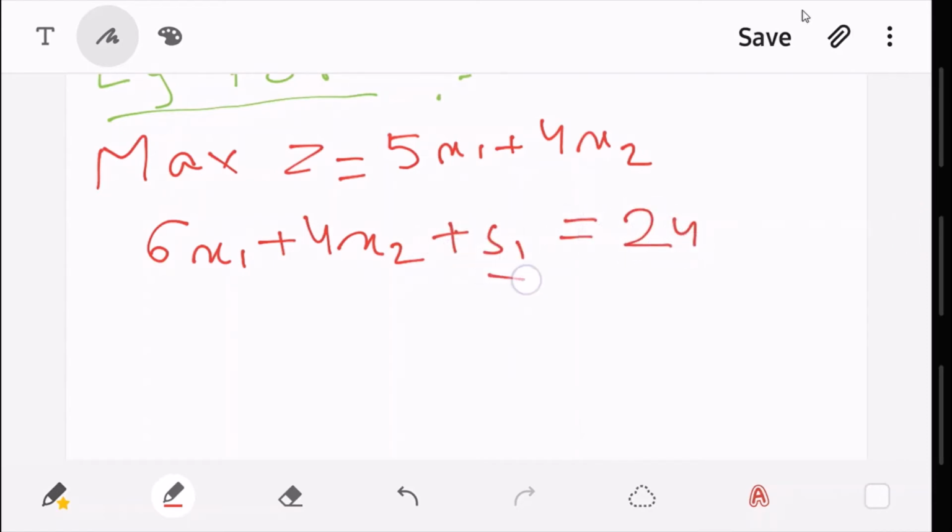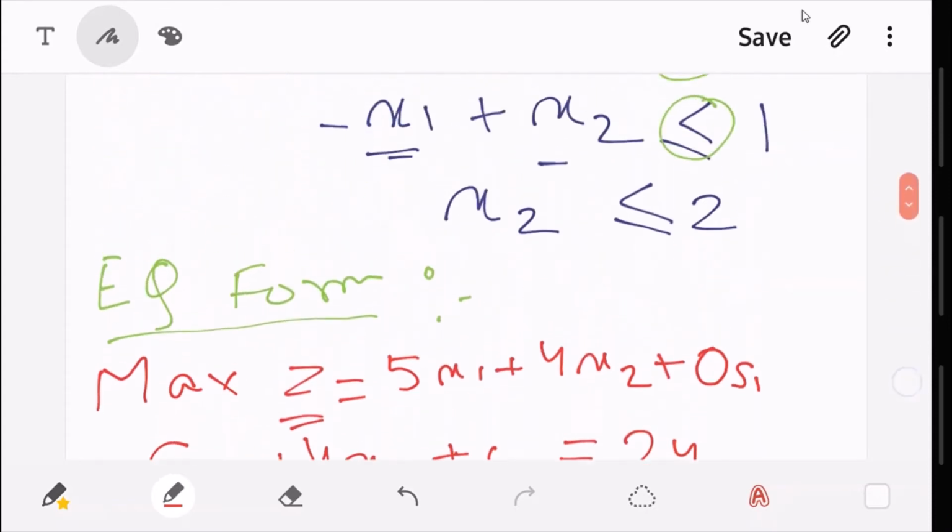Here I have added one variable, so accordingly I need to adjust it in the objective function, and its coefficient is 0. Because this slack variable is taken by me and not given by the problem, its value does not matter for the objective function, so the coefficient is 0.